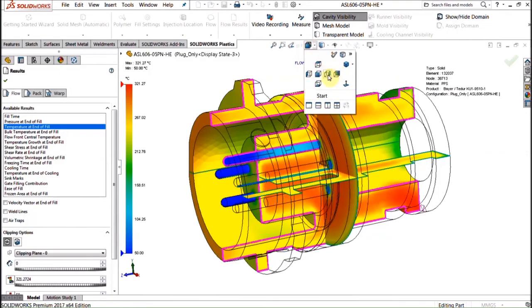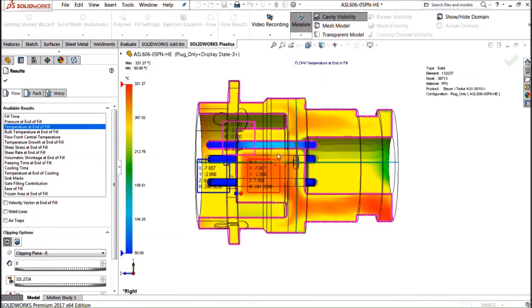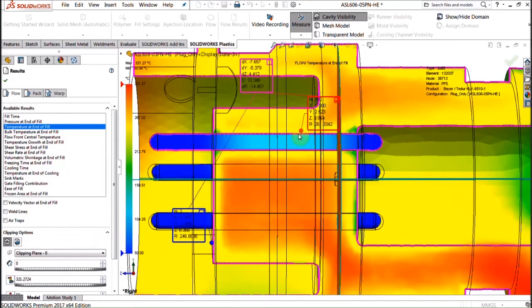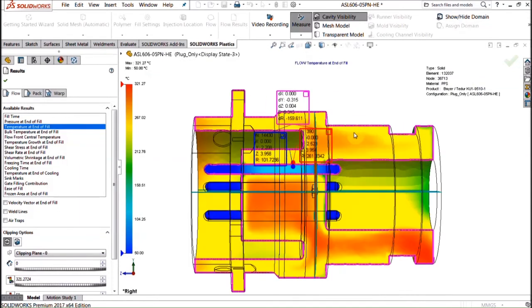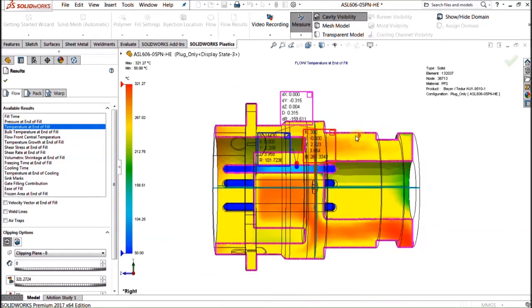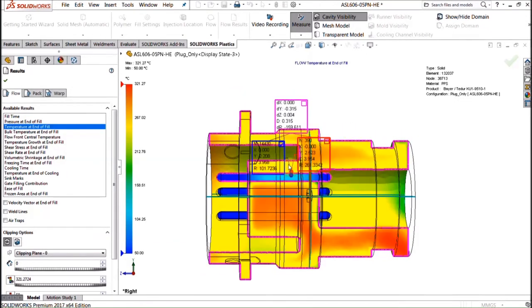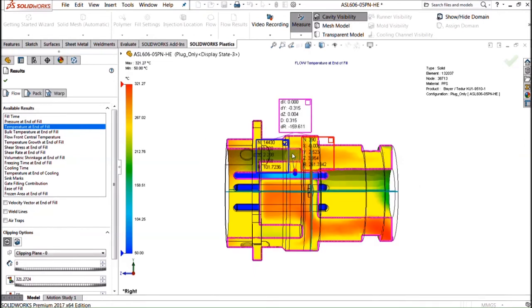And one of the things that we would do is use the measure tool here to take a look at what those temperatures are across the two different materials and maybe what the difference is to figure out whether or not they are starting to bond appropriately or if they may have some difficulties and might be suspect to delamination or debonding later. In this case, there's still quite a large variance at this point because we've just filled the